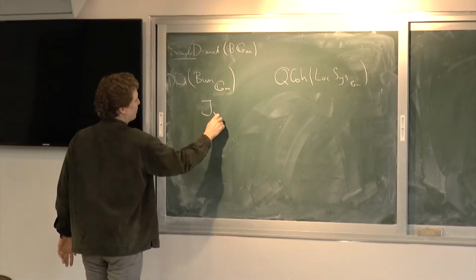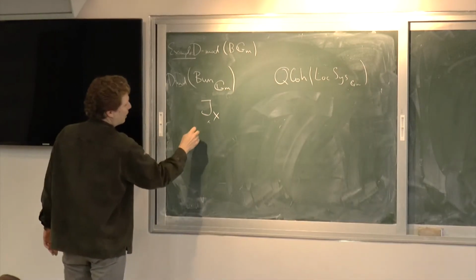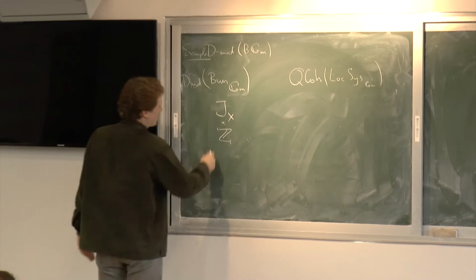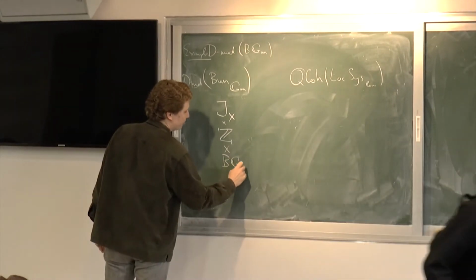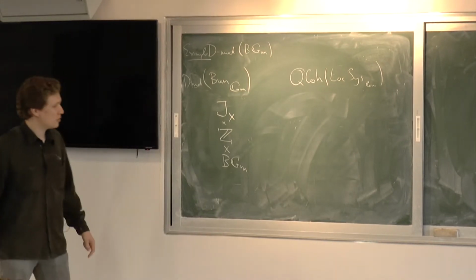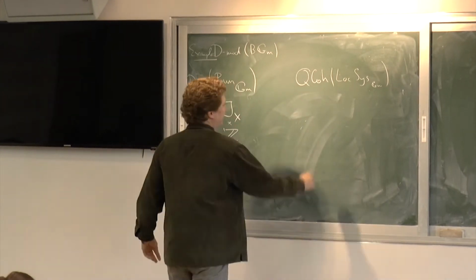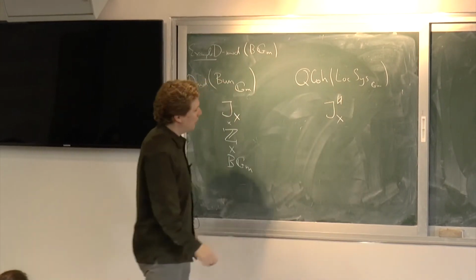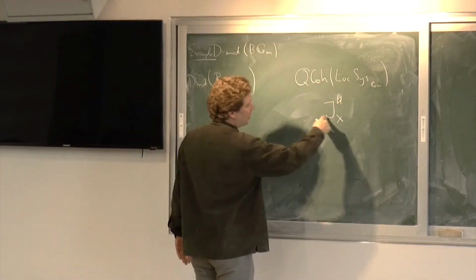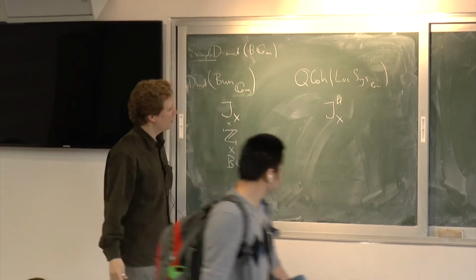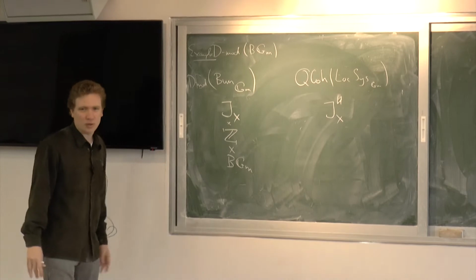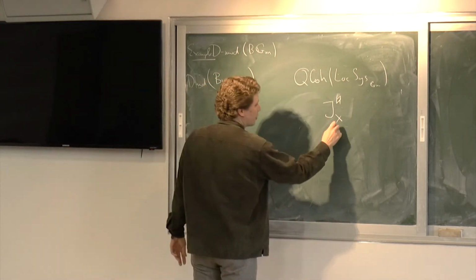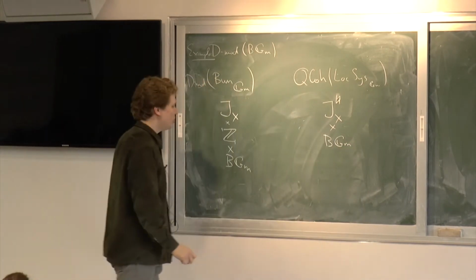So Bun_GM has an abelian variety in it. Then there's Z, so this is a product. I'm just writing it vertically to match the two columns. And then there are also automorphisms, so there's also BGM sitting in it, while on the right-hand side there's something classical, just some usual algebraic variety. This is somehow the first way to understand the space of local systems, and this is an extension of the Jacobian by a vector space. So then there's also BGM,